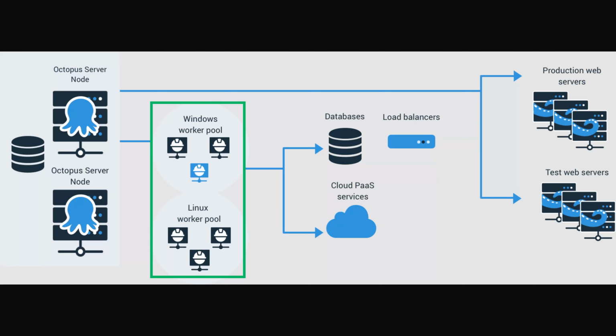Workers are dedicated compute resources that execute deployment tasks, the scripts, the API calls, and steps that make your deployments happen. The easy way to think of workers is that they sit between your Octopus server and your deployment targets, handling the work defined in your processes. This separation to a worker improves security by keeping execution tasks off your Octopus server. It enables better scaling by distributing work across multiple machines, and gives you flexibility to configure different worker environments for